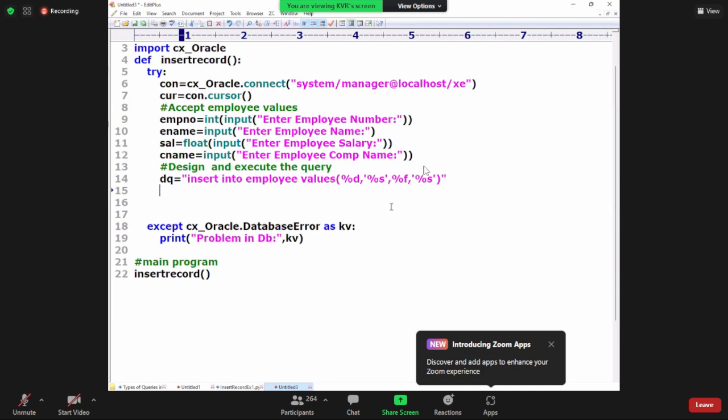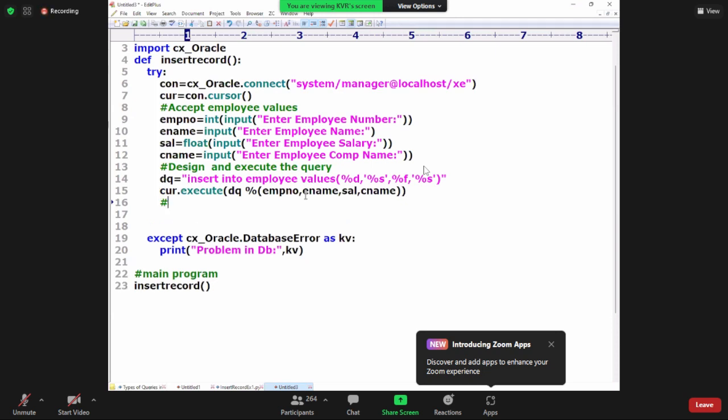Now execute. cur.execute of DQ percent of, and ask the data. What is my data? EMPNO, comma, ENAME, comma, SAL, comma, CNAME. What a beautiful subject. Or you can write simply, you take this entire thing and say here, in place of